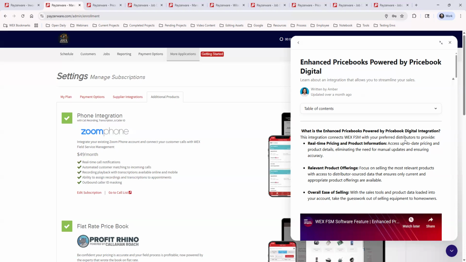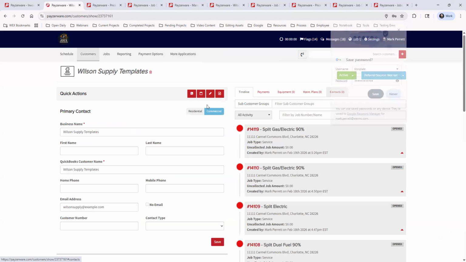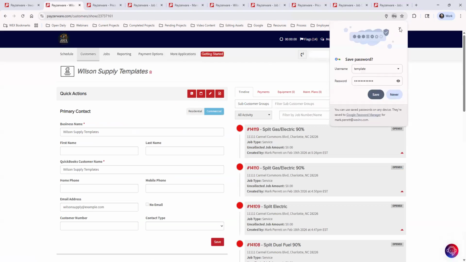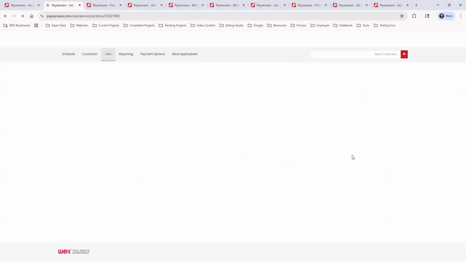In addition to that, you will also get what are called templates. And to show you this, I'm actually just going to type in the word template in my search. And when you sign up for enhanced price books, you will get an account that looks like this. It's a customer account, but really it is a place that has jobs, and these jobs will have templates in them. So if I click into a job,